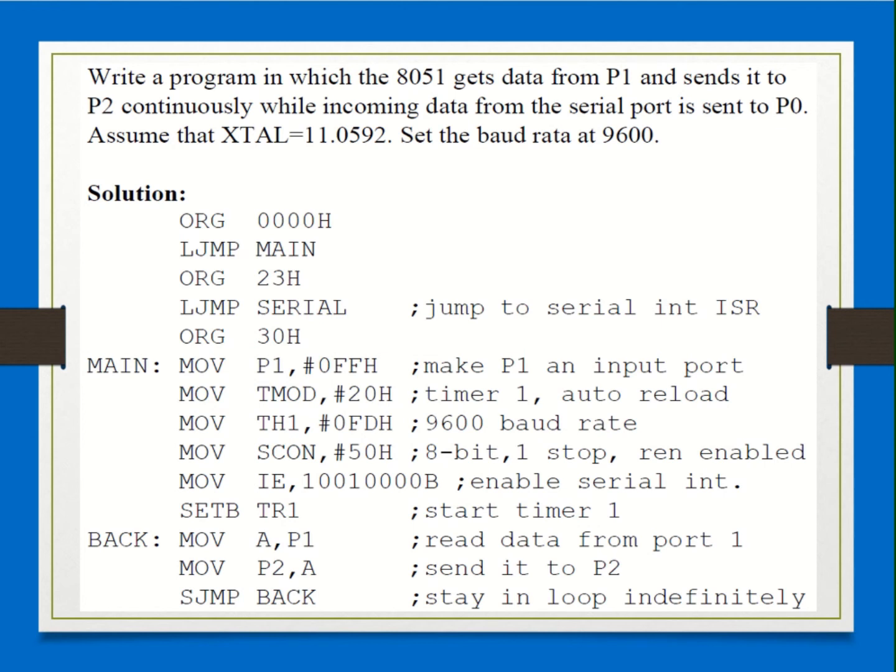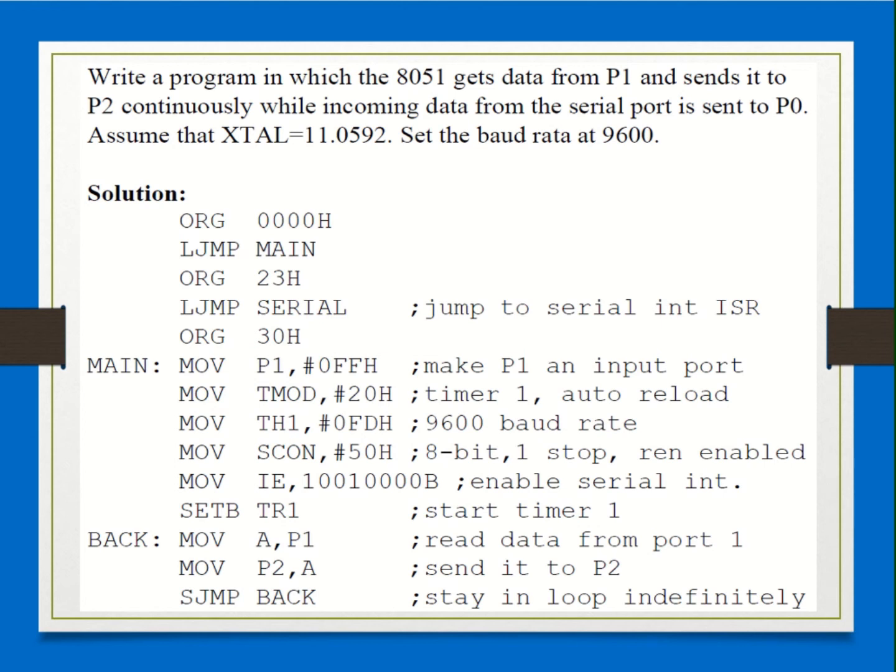That is why the initial value is loaded in the TH1 register, FD, to set the baud rate to 9600, and you know about that. So 28,800 divided by the 9,600 baud rate which you want gives you -3 in decimal, which in hex is FD. That is what you will be loading in the TH1 register.